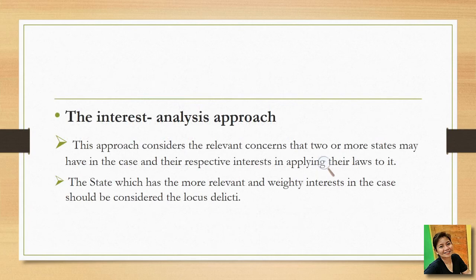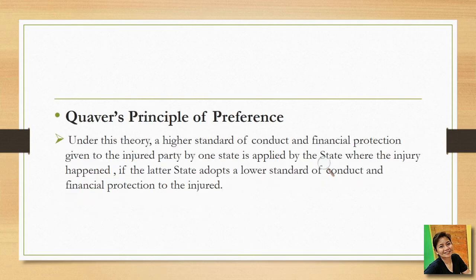The next theory is the interest analysis approach, wherein this approach considers the relevant concerns that 2 or more states may have in the case and their respective interests in applying their laws to it. Here, the state which has the most relevant and weighty interest in the case should be considered the locus delicti. The last theory is the Quiver's principle of preference. Under this theory, a higher standard of conduct and financial protection given to the injured party by one state is applied by the state where the injury happened, if the latter state adopts a lower standard of conduct and financial